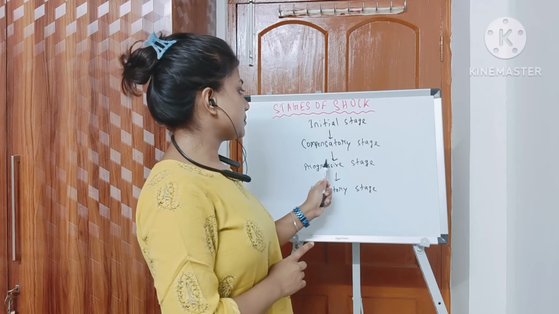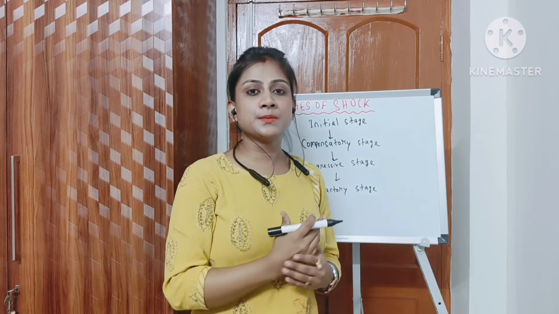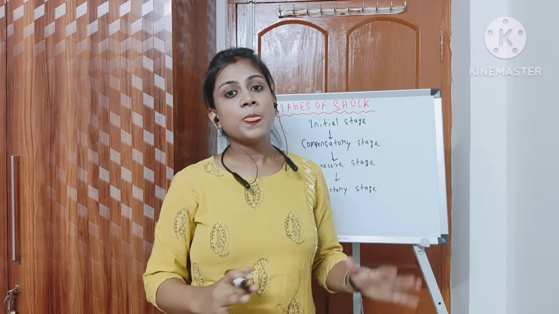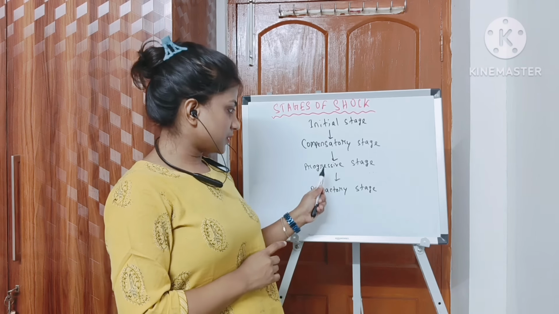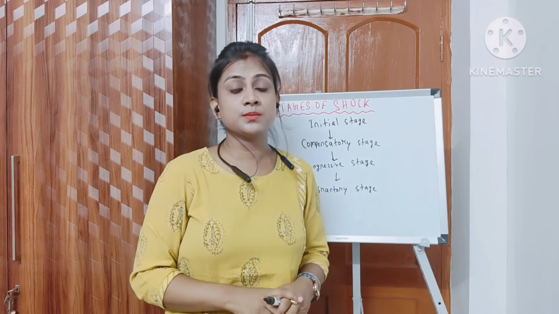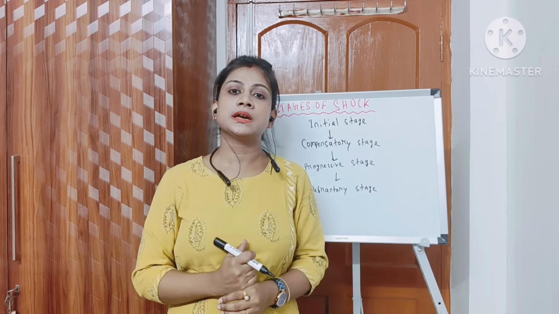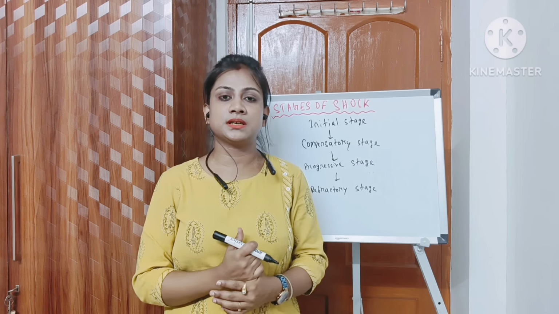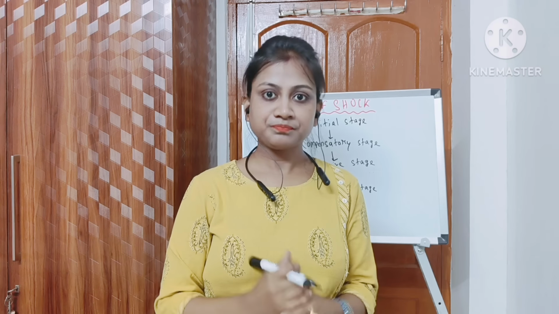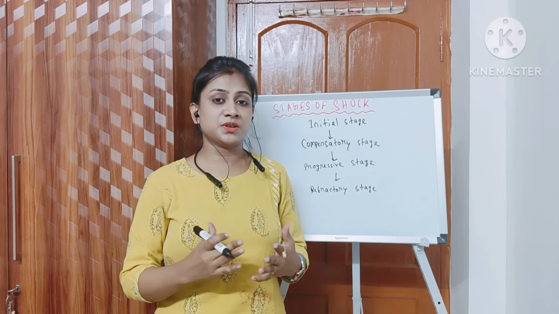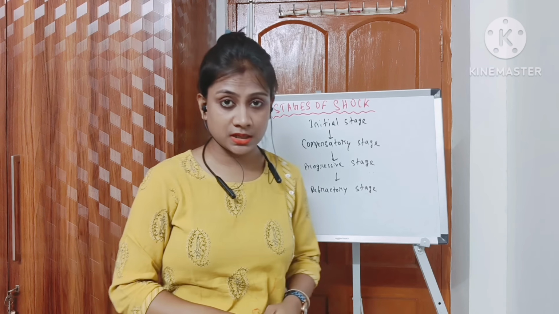In this stage, there will be some compensatory mechanisms which will be visible by some symptoms. Now, if the compensatory mechanism fails, then the patient will eventually go to the progressive phase. Progressive, the name itself defines that the person will get so many complications at this stage that it is very critical to manage that stage. Now, the progressive stage, if it is not again managed, the last stage of shock, which is the refractory stage, from which